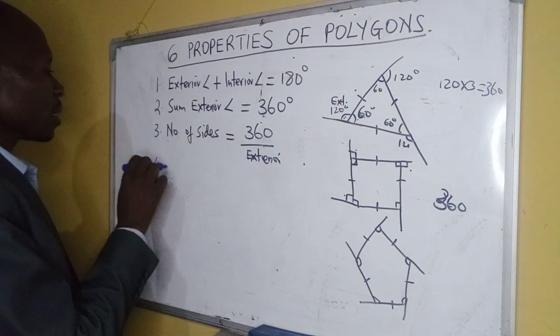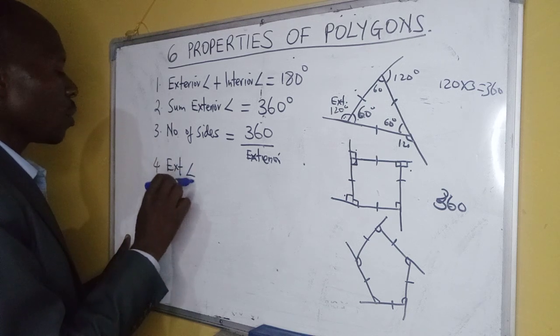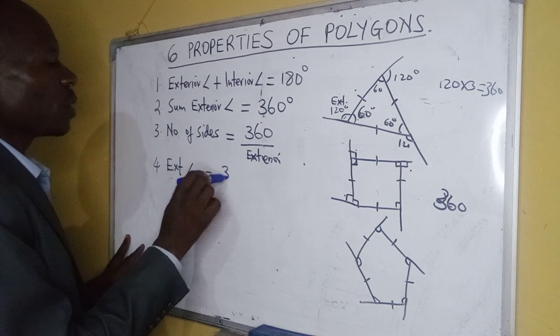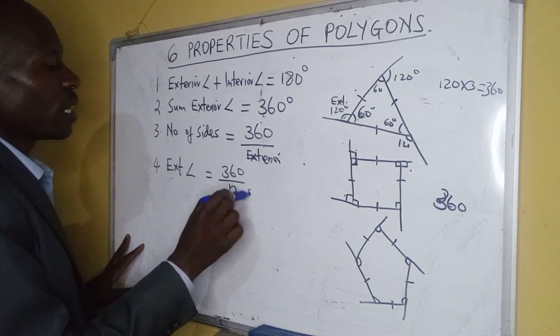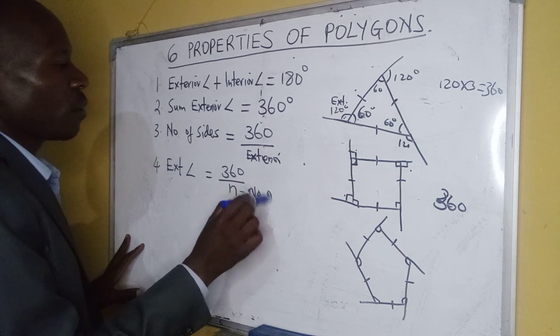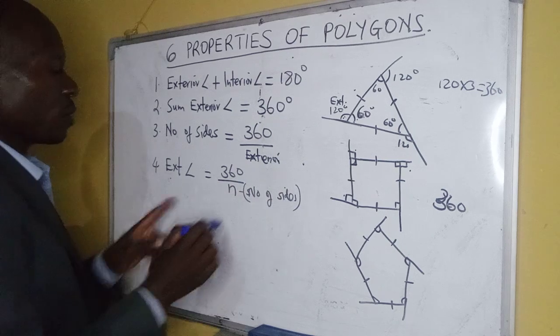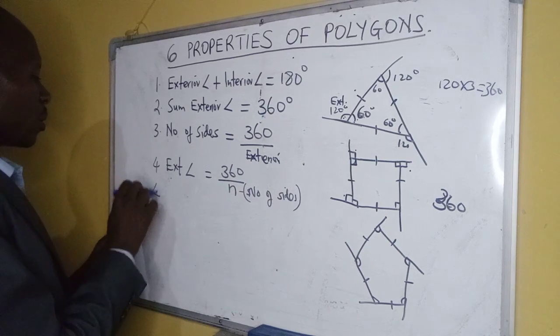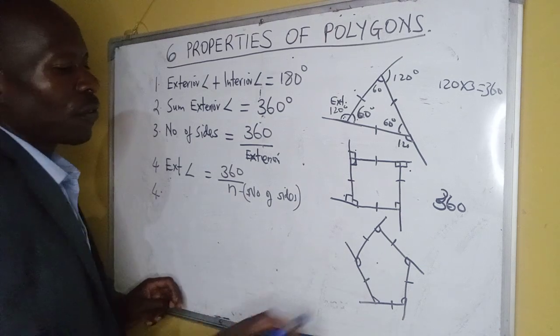And likewise, when you want to get the exterior angle of a polygon, you can always divide 360 by the number of sides. N is the number of sides of a polygon. Another thing that you need to know about the properties of a polygon is the sum of